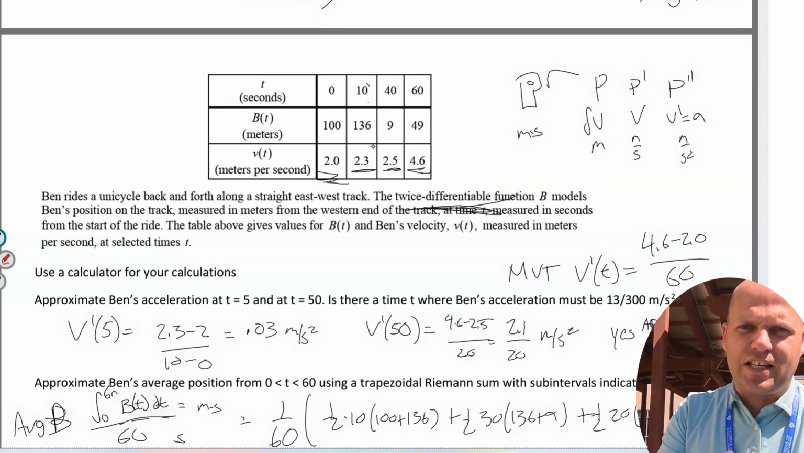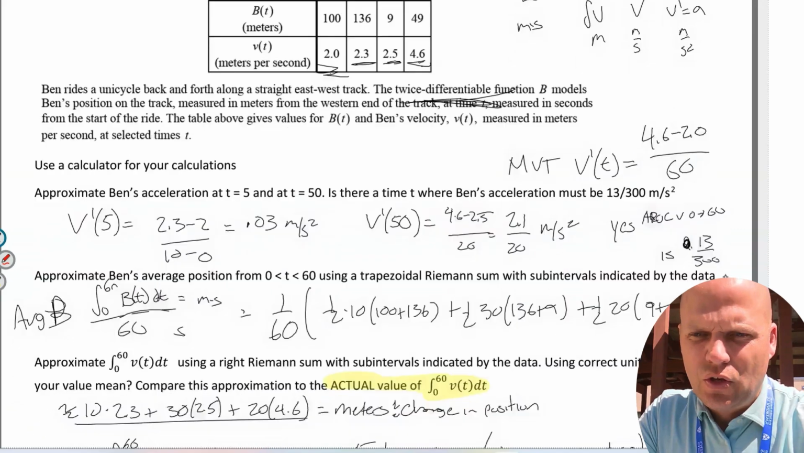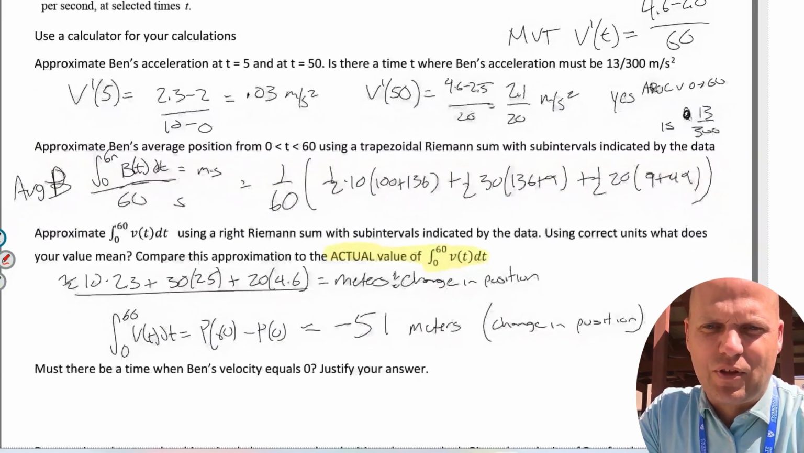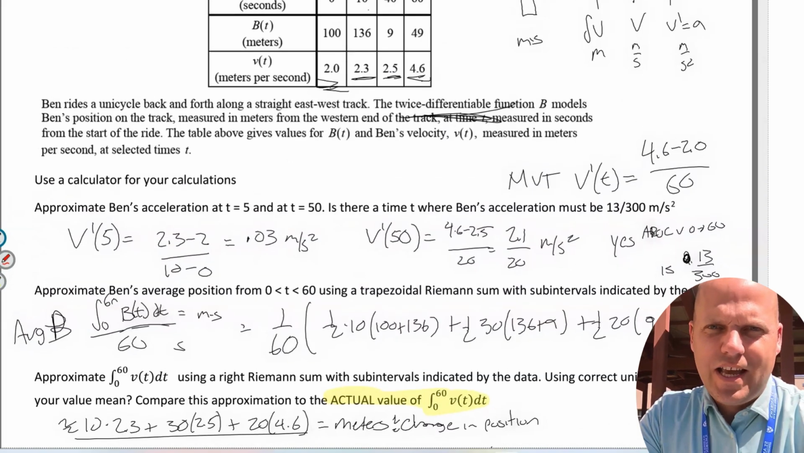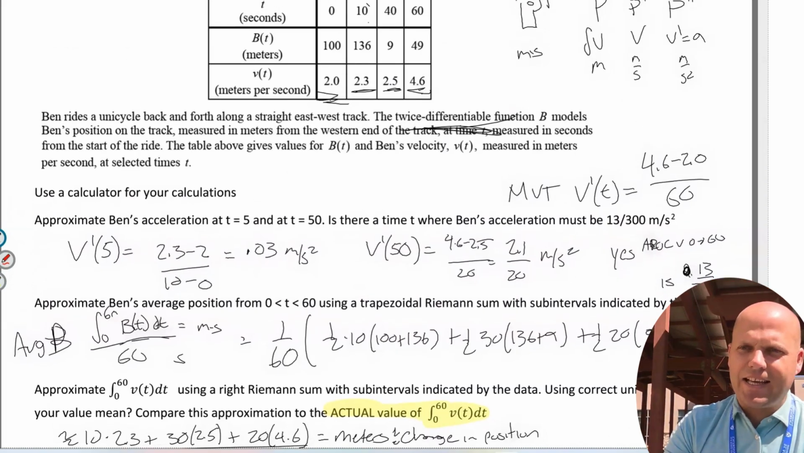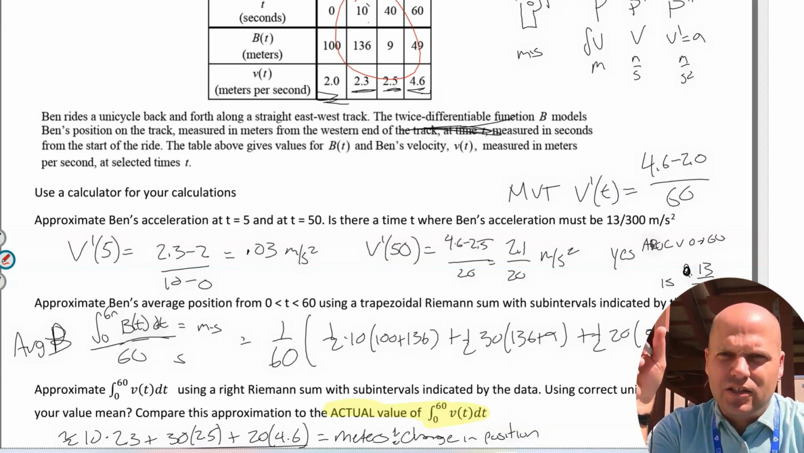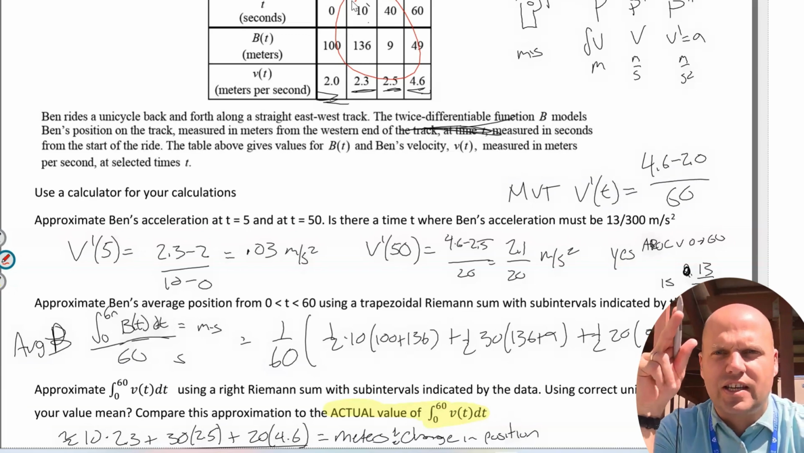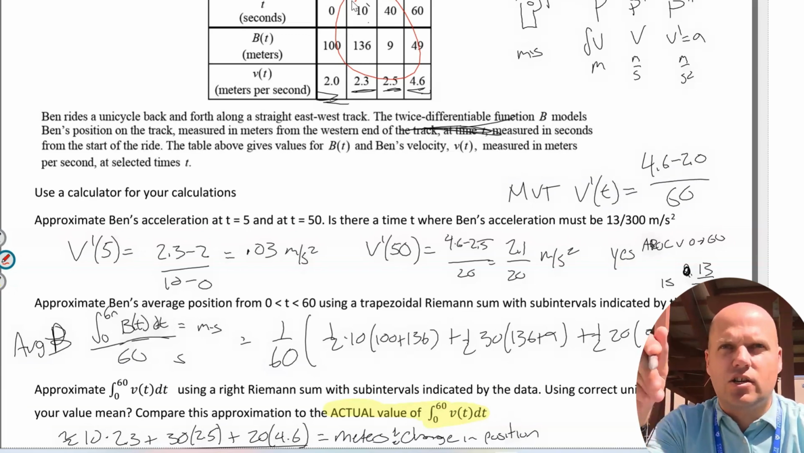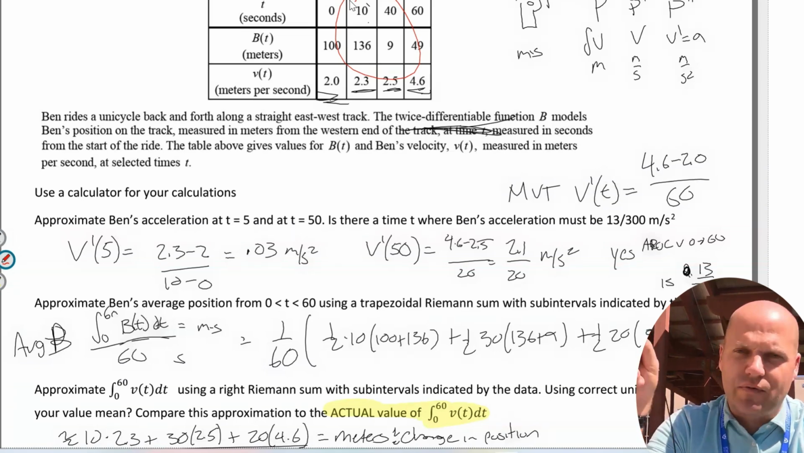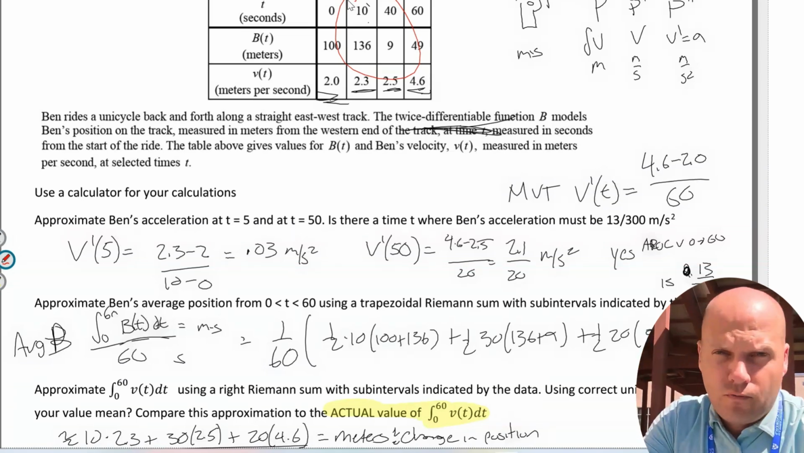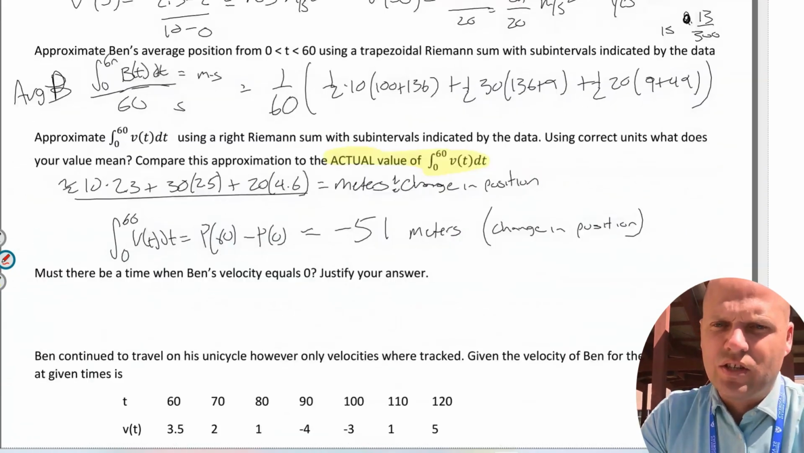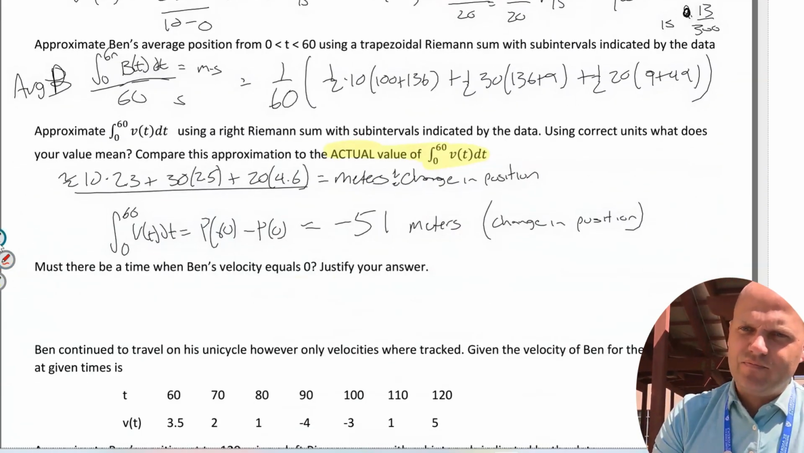Just because these velocities here are all positive, must there be a time when the velocity equals 0? Yes, my velocity has to be negative. How do I know that? Because look at this situation. My meters decrease. I go from 136 to 9. My position decreases. Therefore, its derivative must be negative for some points. So, yes,